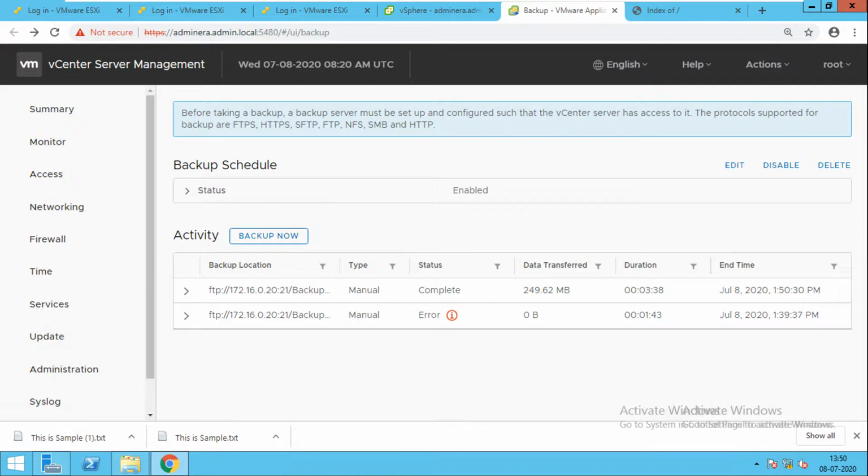In case of any problem, or your infra goes down, or your vCenter gets crashed, then you can restore from this backup file. From this backup you can restore your vCenter as it is. So this is the importance of backup. You have to take a backup of your